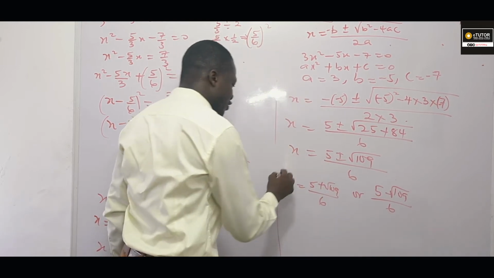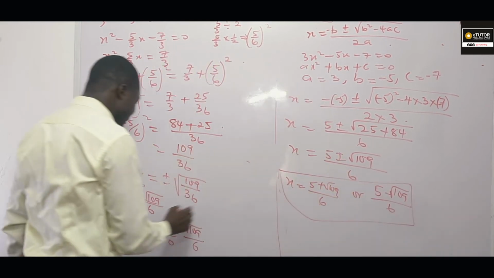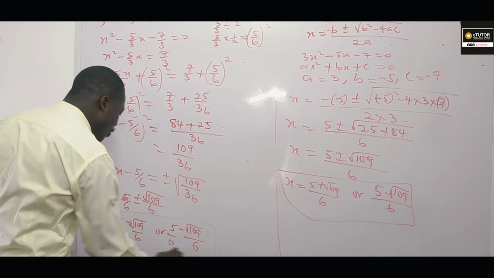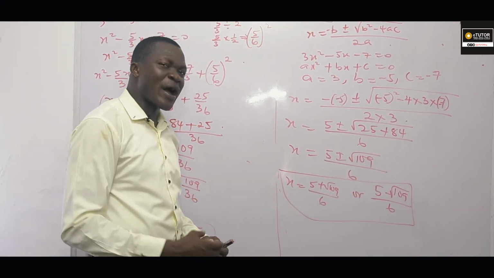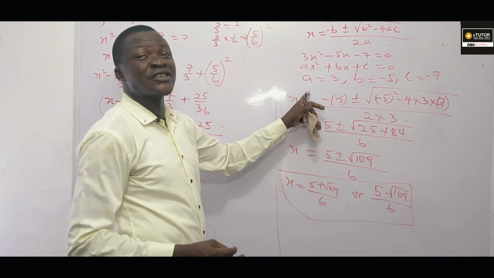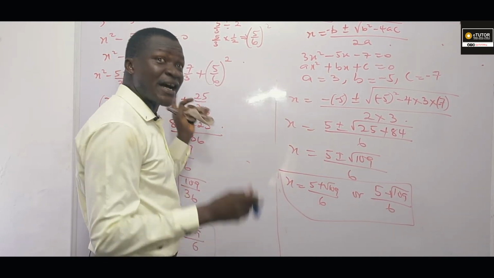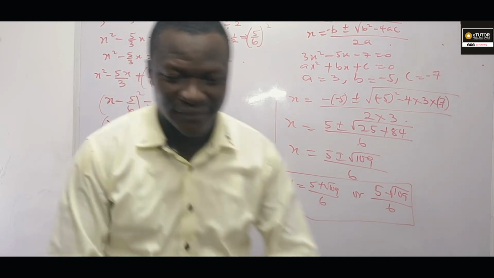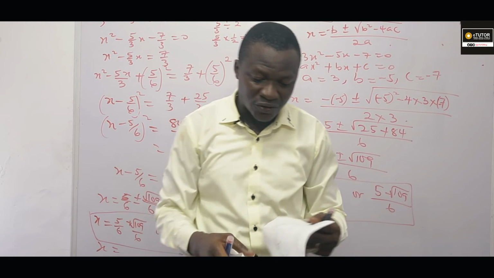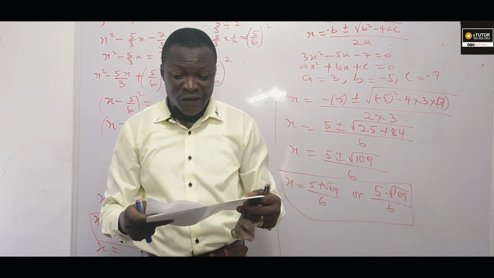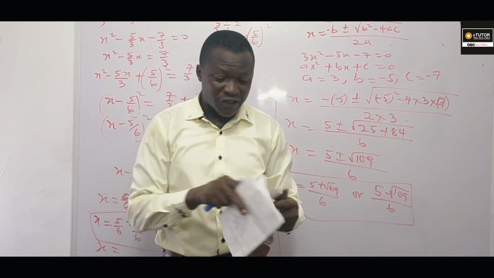Look at it critically. You can see the answer we have here is the same as the answer we have here. That means both methods are the same. But why would they ask you to use this method? Because it's straightforward. This is what they asked to use. I cite a good example: 2016, May, June, question